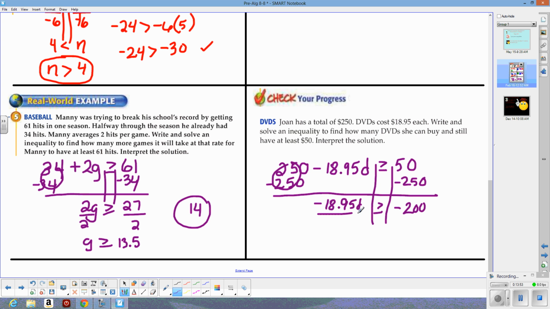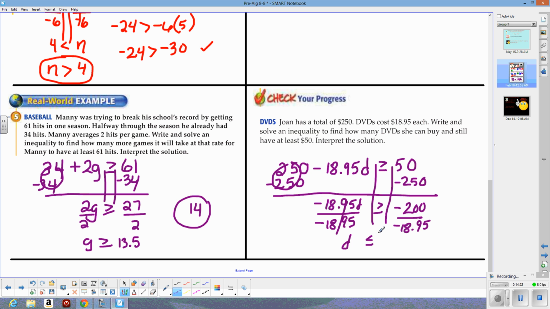Now you'd have to divide both sides by negative 18.95 to undo the multiplying by negative 18.95. So you end up with D, and we're going to flip the symbol because we divided by a negative. So the number of DVDs has to be less than or equal to